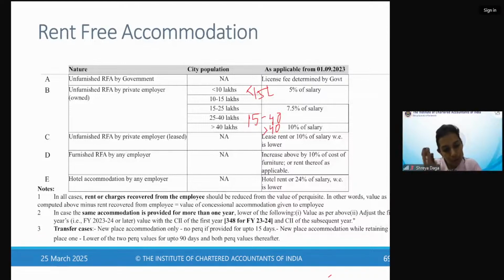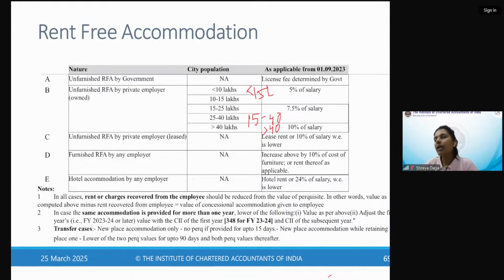So you assume more than 40 lakhs only for those cities. Okay. If they give you small cities, they will give you population. But if they give you big cities, tier 1 cities, they may not give you population. You understand that it is more than 40 lakhs. तो आपको नया स्लैब ही लगाना है। तो 10% ऑफ सैलरी टैक्सेबल है।